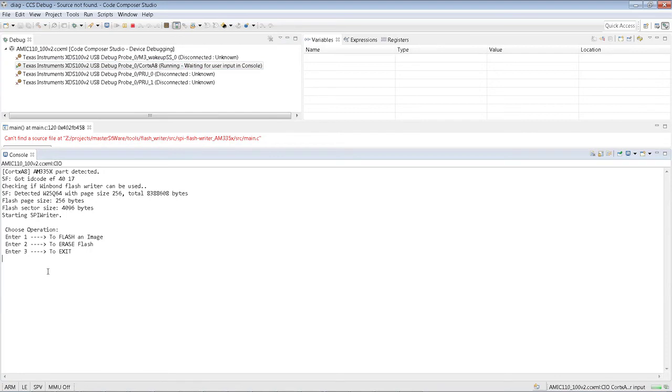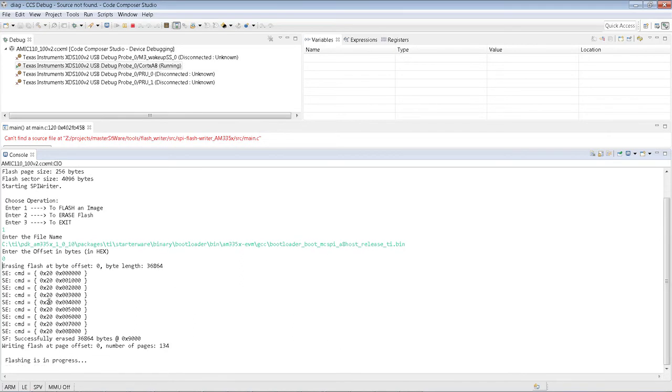From the CCS console, choose option 1 to initiate image flashing. Enter the file name for the SPI bootloader along with the full path, and enter the offset as 0. Wait until flashing completes successfully. This takes a few minutes. The video shows this process.